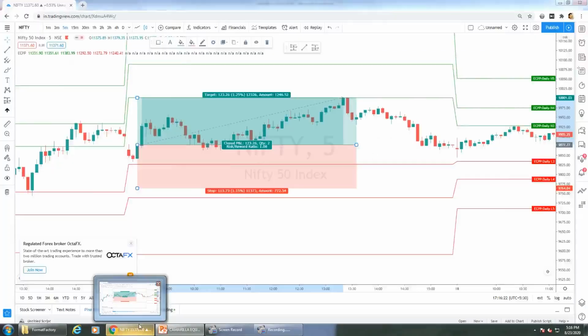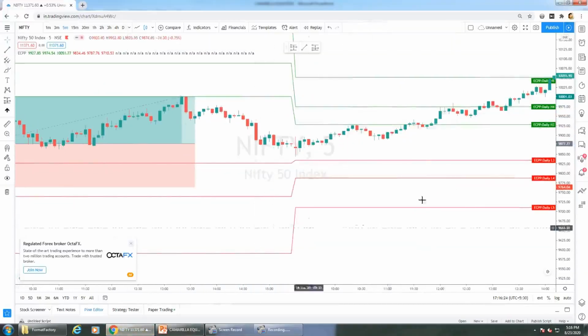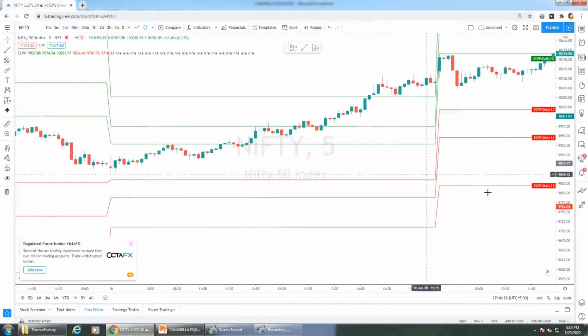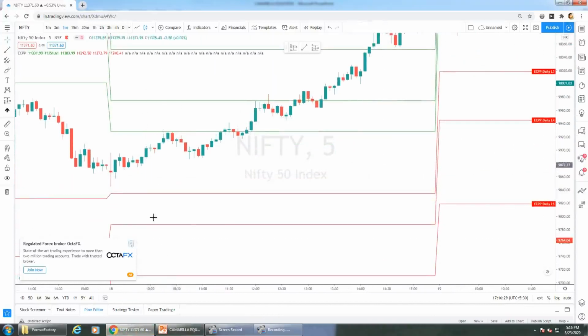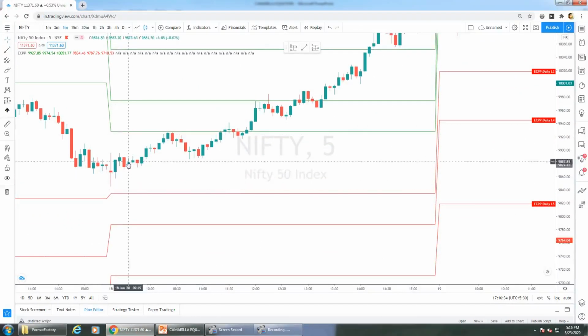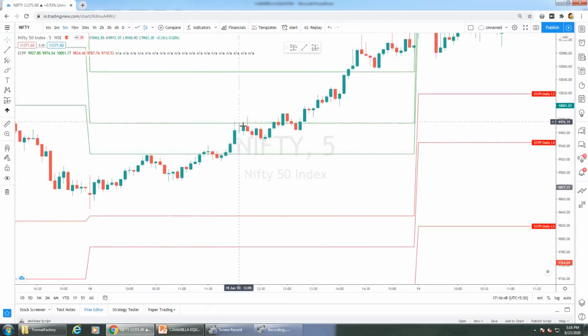So let me find an example for this. Okay, this should be the perfect one. If you see here, market opens between H3 and L3. Still, if you notice, there is a reversal at H3. People used to take this trade, but stop loss would have been hit here. Another trade we can take is it has broken this H4, right? Here, H4 is broken, and till H5 you can get the target achieved.